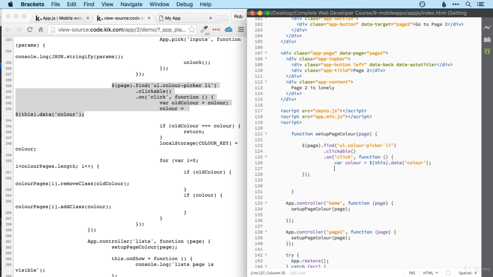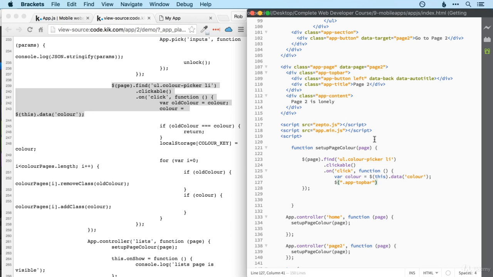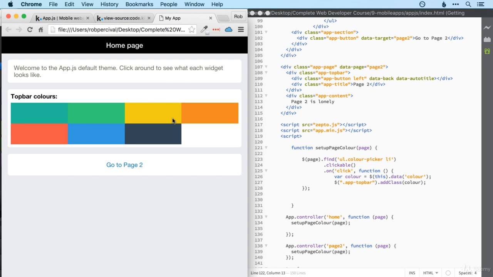So let's get rid of our alert and find app top bar. Oh, it's a class rather than an ID. And we want to add the class color to it. So let's just see if that works in itself. It may do. There we go. In fact, it almost does,